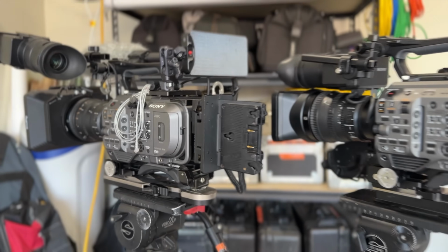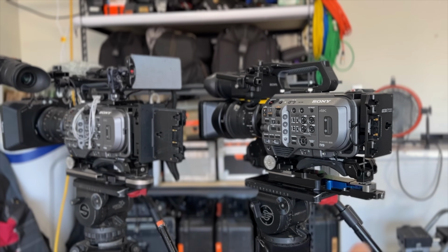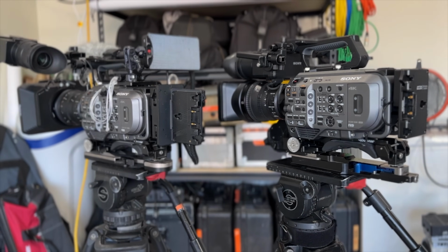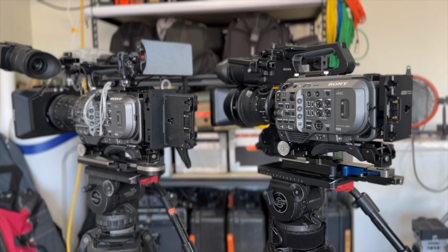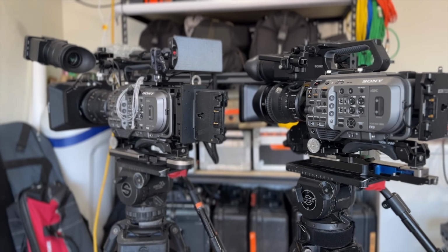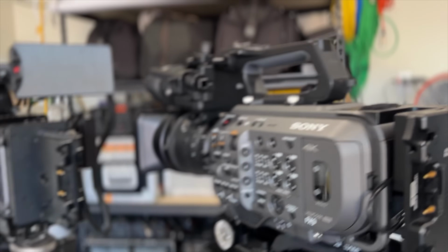Next up is a second FX9, configured the same by default, but with less accessories. I don't remember what year I picked this up, if it was 21 or 22. The FX6 had just started shipping, and I was thinking of buying a 6, but they were back ordered sort of indefinitely. I think it was 2021. And I had multiple projects stacked up that required 2 matching cameras in UHD. So I bought a second 9, and as it's played out, it was actually the better decision